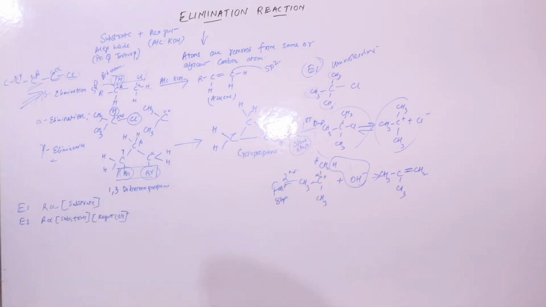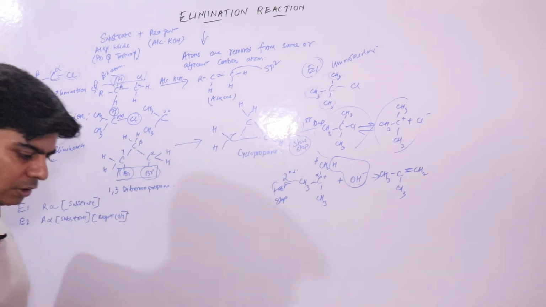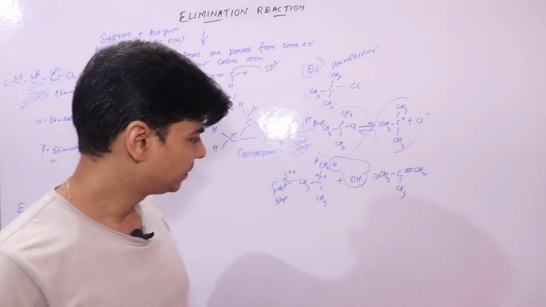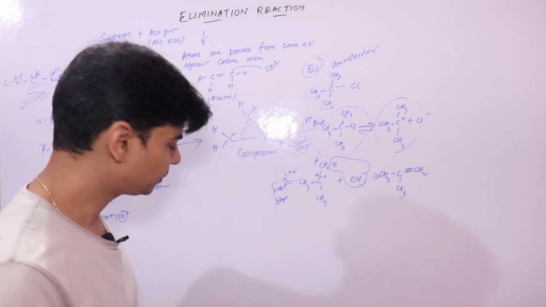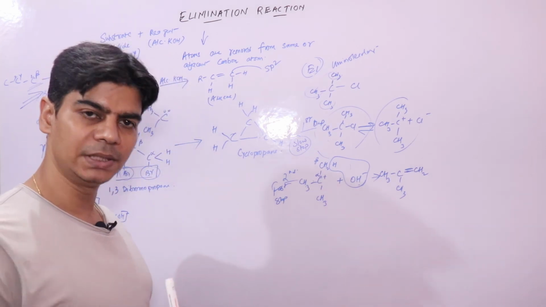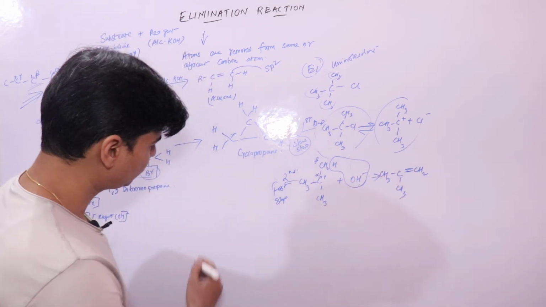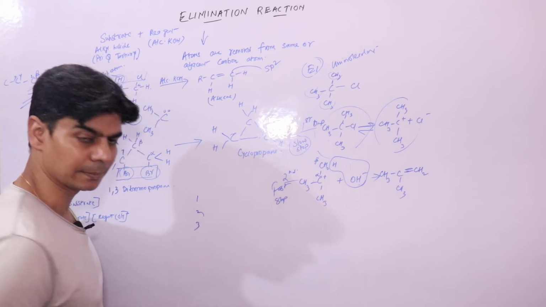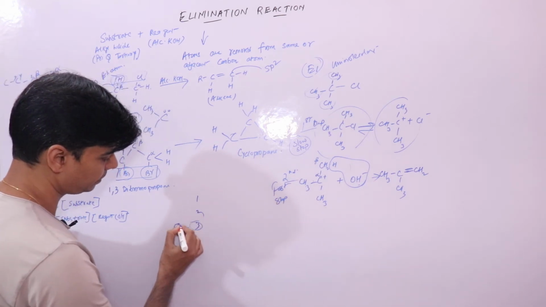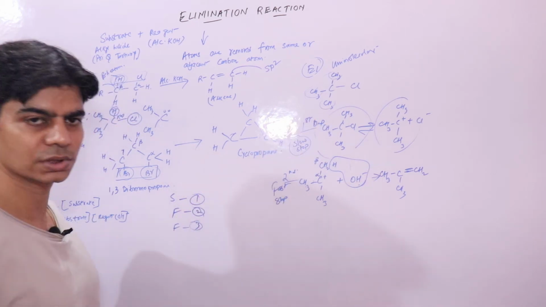And we know that the rate of reaction always depends on your slow step. Why do we say that the rate of reaction depends on the slow step? It's because the reaction completion actually depends on the slowest step. How? Suppose your reaction consists of 3 steps. Here it consists of 2 steps. This is the fast step, but this is the slow step. Like here you have a slow step.